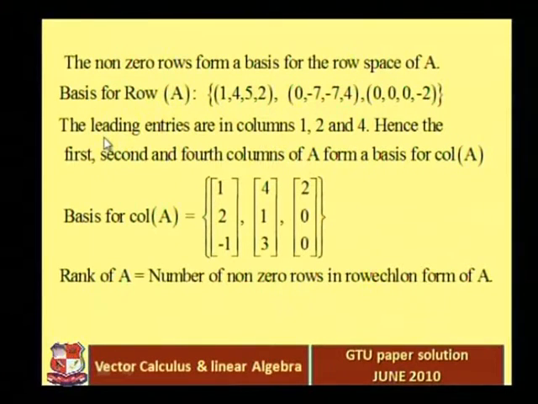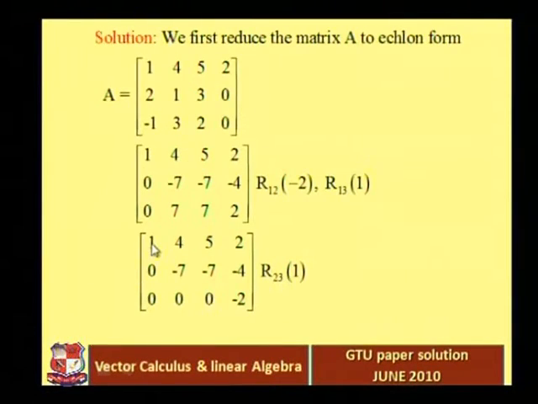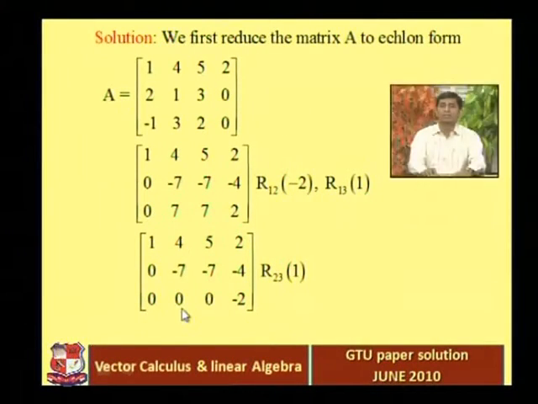Now we want to find the basis for the column space. Here is the method. In which columns do we have a leading entry? First column, second column and fourth column. The first, second and fourth columns each have a leading entry. So corresponding to the first, second and fourth columns,